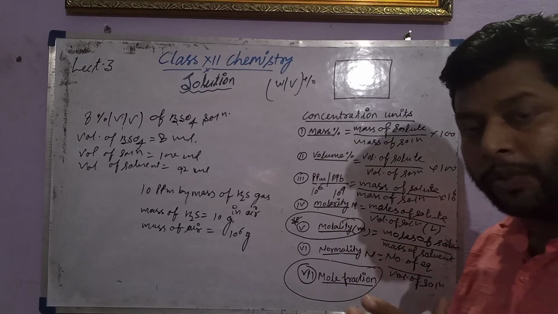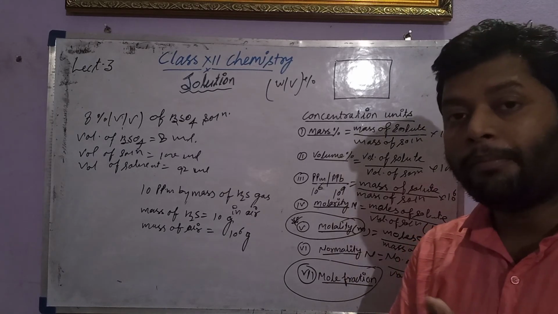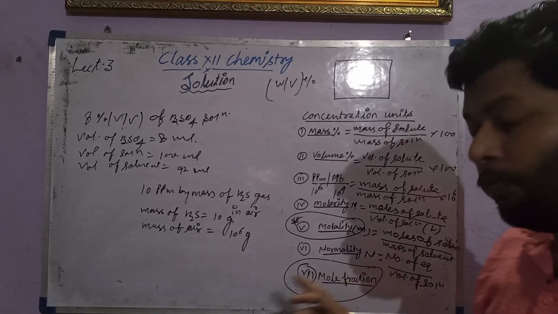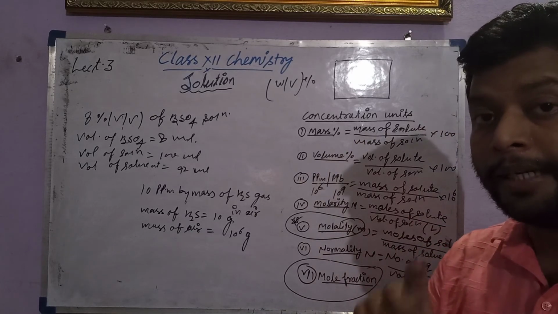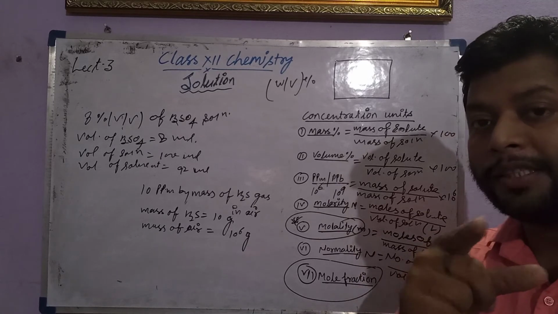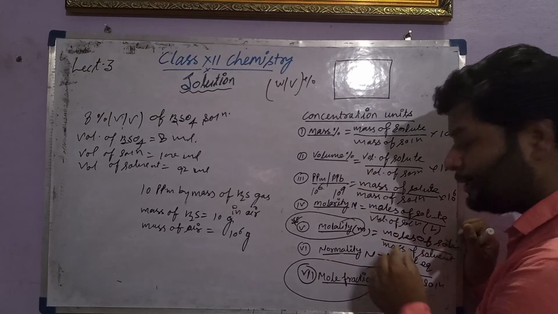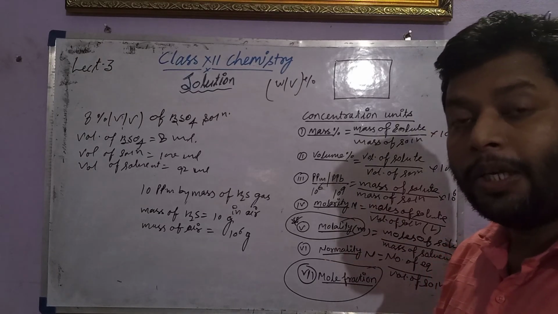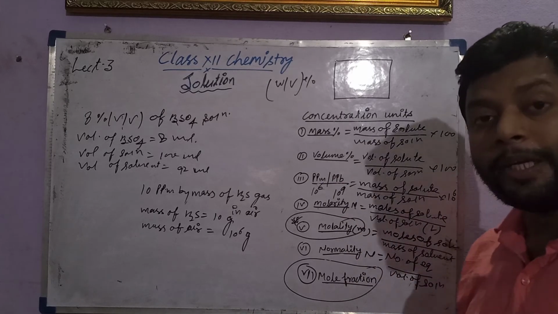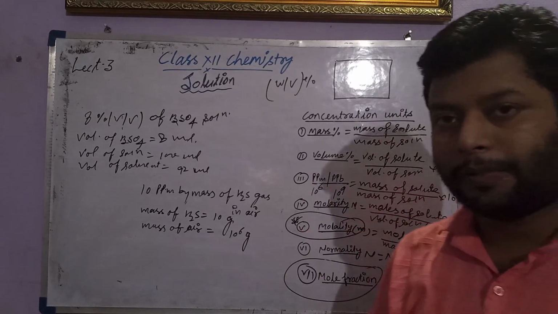Whenever there is a dissociation, the concentration of the different particles, either acid, base, or salt, may change. Due to this, we have an important factor that determines the concentration of the solution when dissociation or ionization takes place, and for that normality is here. Normality indicates the number of gram equivalents, which is about the equivalent mass.